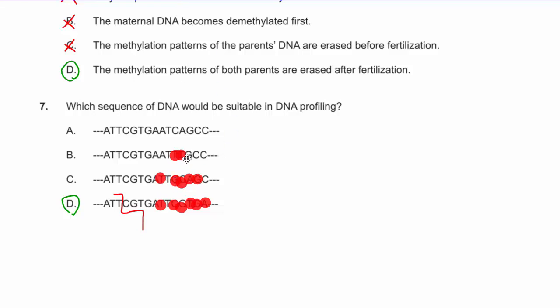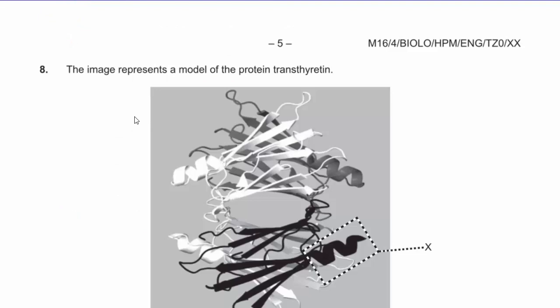Maybe it would be correct to move this one here, because here it's actually, let me see, yes, and then it's similar, and we see that clearly. The D sequence has most differences compared to the others. Let me just check. Yes, it was. I just checked the mark scheme. It was D that was different. So this is 1, 2, 3, 4, 5, 6, but this is only 1, 2, 3, 4, 5. 8. The image represents a model of